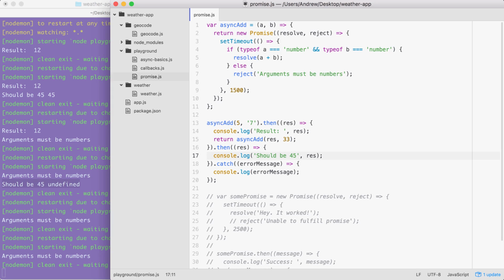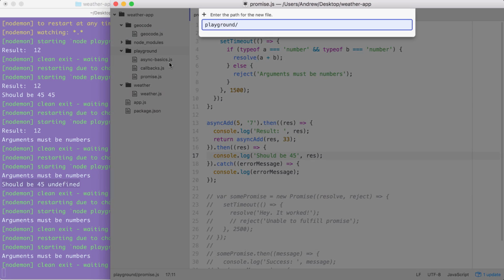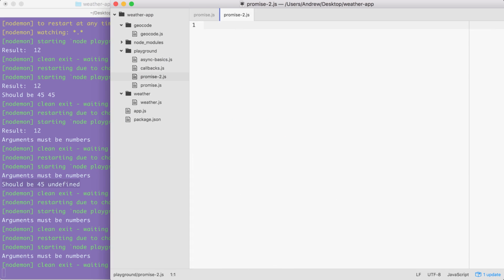Now, as I mentioned earlier, some libraries support promises and others don't. The request library does not. Your challenge for this video is going to be to make a function that wraps request returning a promise. I'll give you a quick setup, and then you're going to be responsible for actually filling it out. In the playground folder, we can make a new file to store this called promise-2.js. And what we're going to do is make a function called geocode